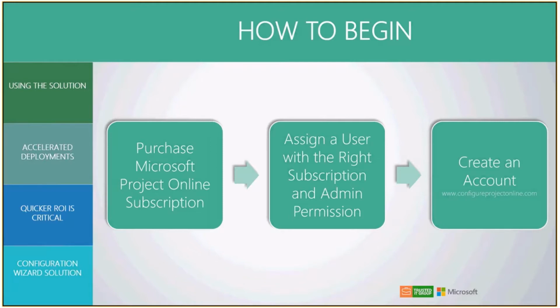A common misconception is that you need to purchase an Office 365 license first and then Project Online. But that's not true. You can simply purchase Project Online subscriptions without having an Office 365 subscription. So you can go and set that up. Once you've done that, you can assign a user the right subscription and admin permissions. That's done as Office 365 Global Admin. They would go into the user section and very simply enable the license for the right user. And then you would just have to go onto